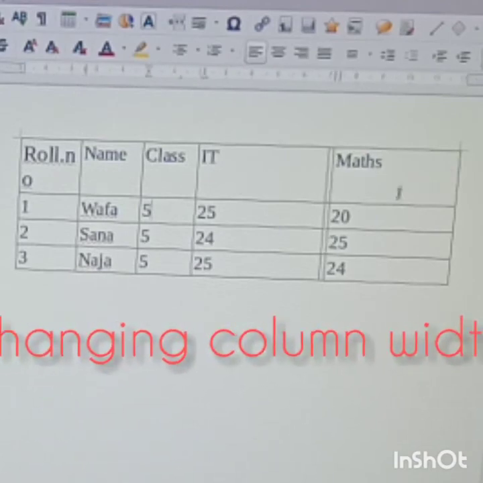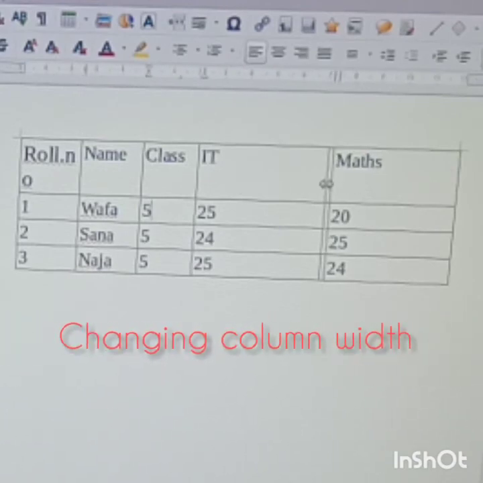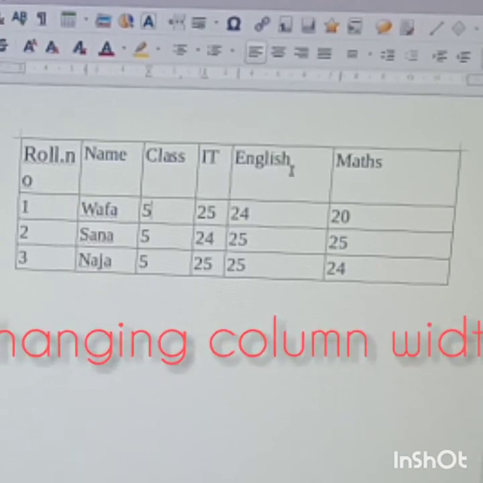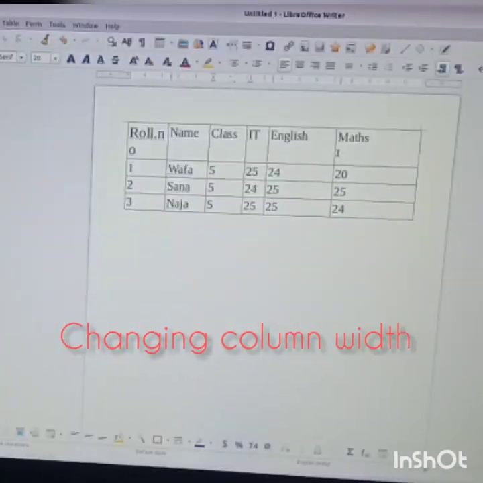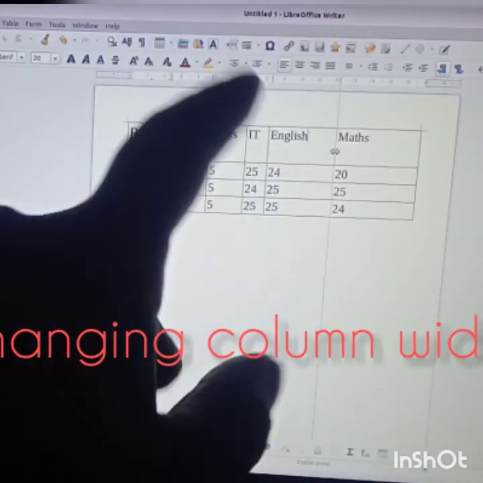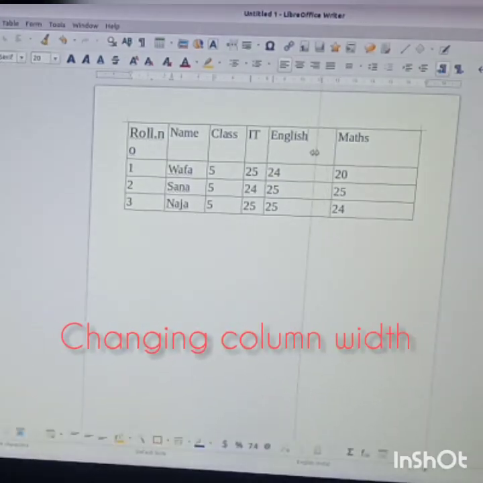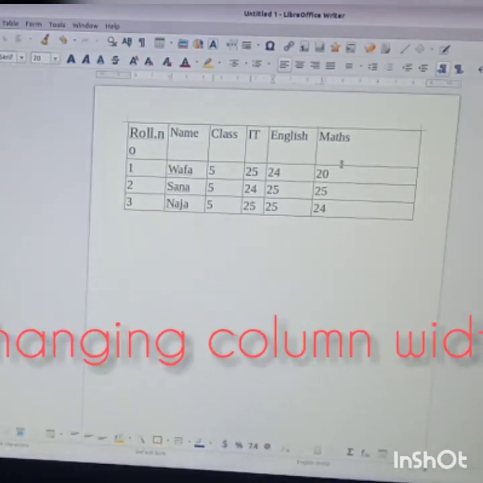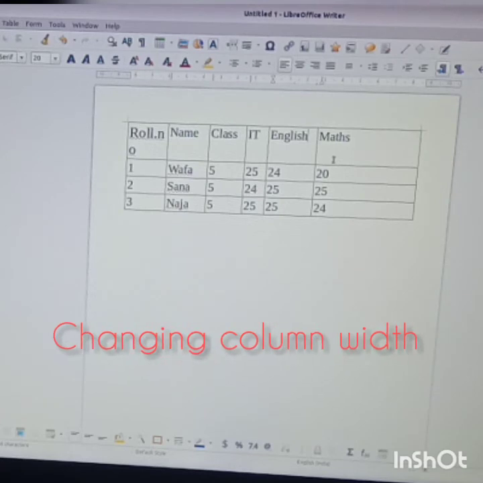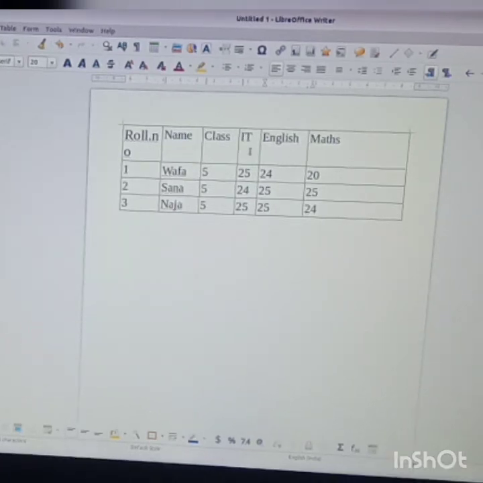This arrow will change. Then we will move. Yes. See here, this arrow is changing. Can you see? That side or this side you can pull. Then like this we can reduce the size of the columns and rows. There. This is how we adjust the columns and rows.